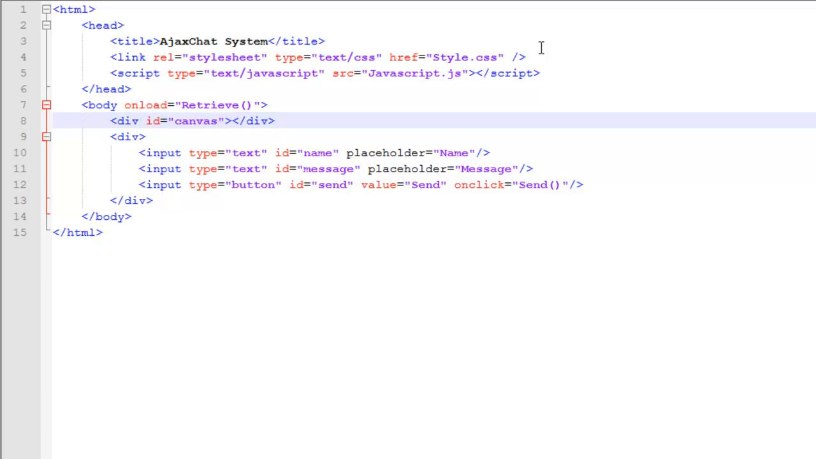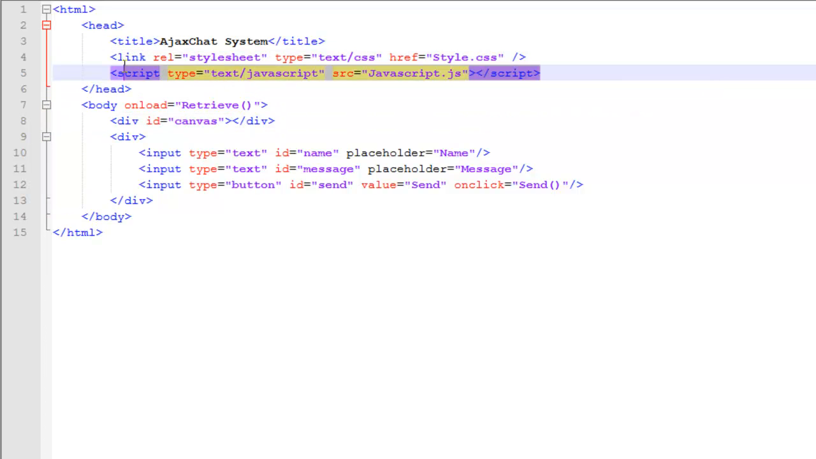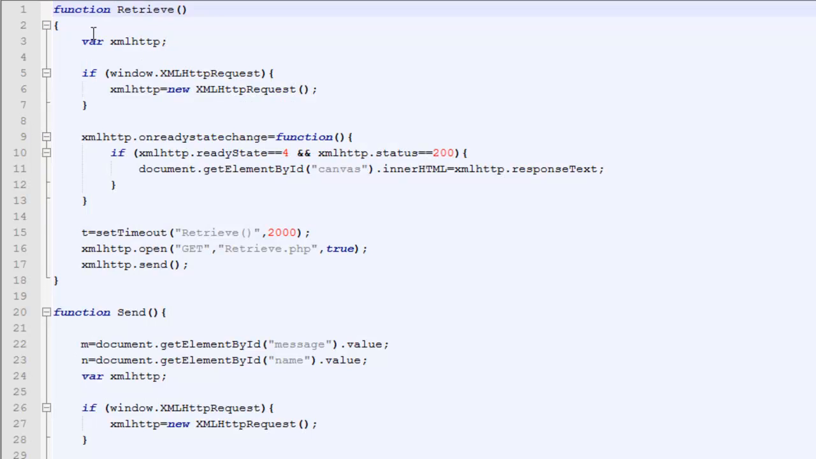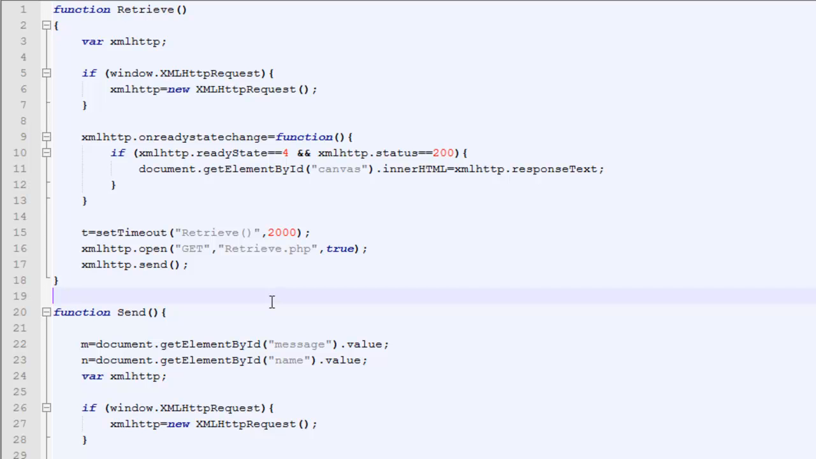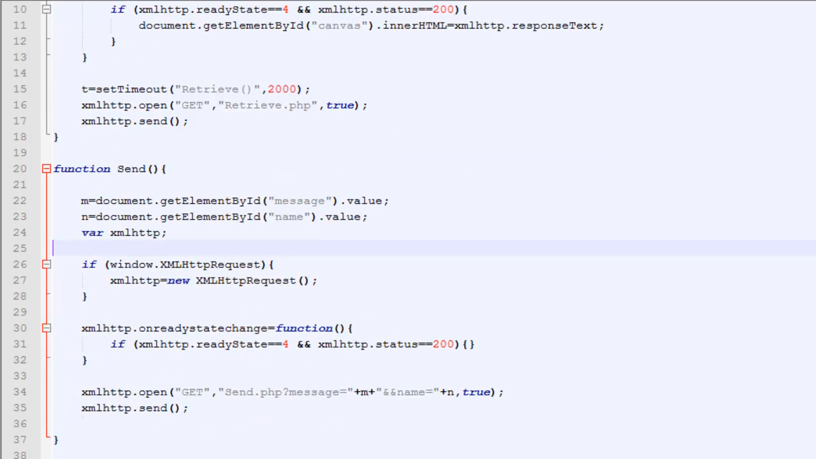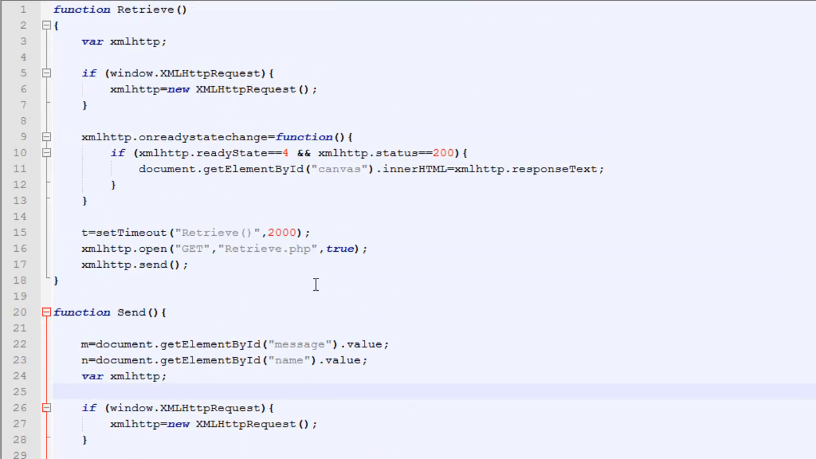What I've done is I've set this up to a style sheet and a JavaScript page. The JavaScript page has the retrieve function, which gets the chat information from the database. And then I have the send, which sends the message and name to the database. Then these are connected to different PHP files, which actually run the function. The send